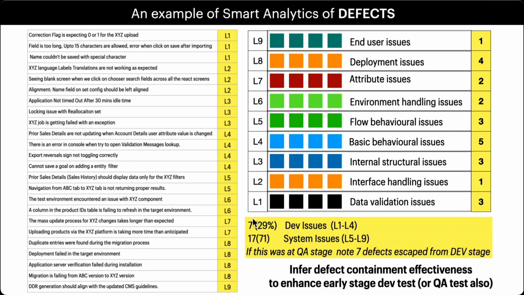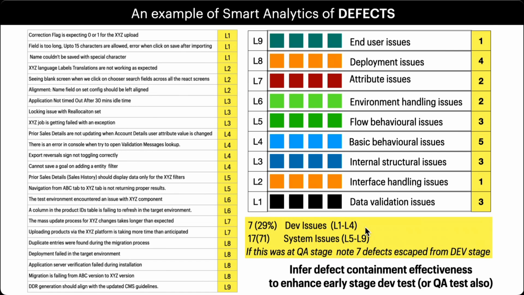I think I made a small typo here, a mistake. It is 3 plus 1 is 4, plus 3 is 7, 7 plus 5 is 12. So 12 out of 24 issues really are development, which should be, I think, if I'm not mistaken, more than 30%. What it simply says is that about 12 issues, or approximately somewhere in the 50% mark, are L1 to L4,